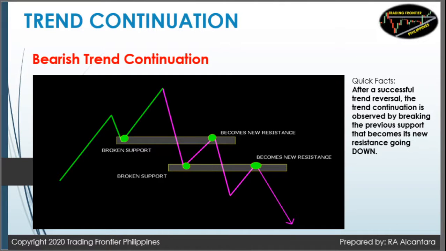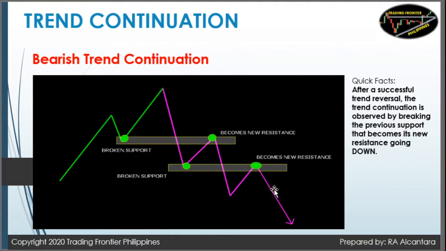I keep explaining this to you, but again, as a refresher for viewers who are following, in case you've forgotten. On a trend continuation for a bearish market or downtrend, previously, once this support got broken, definitely this old support becomes what? Its new resistance for it to have a trend continuation. So it's just a repeating process